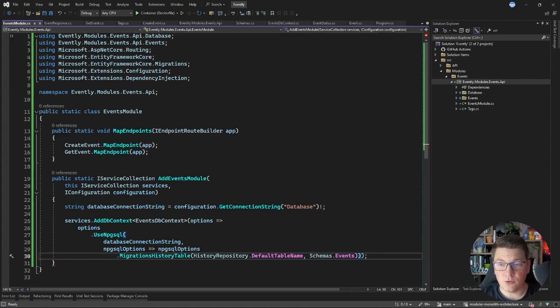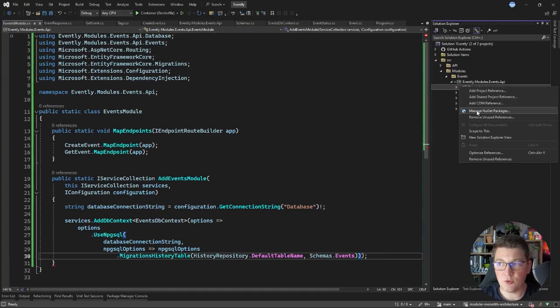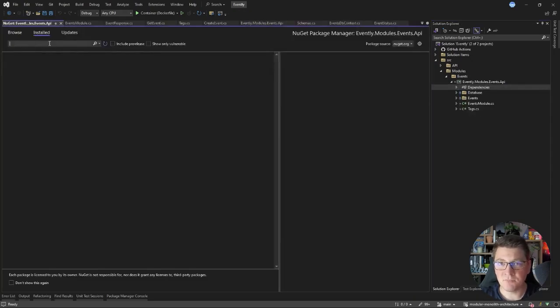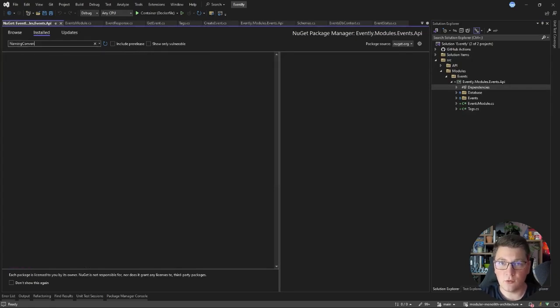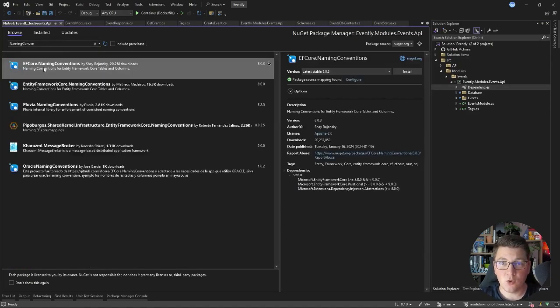One more thing I like to configure, and this is a personal preference, so you don't have to do it if you don't want to, is configuring the naming convention for my tables inside of a Postgres database. I like to use the snake case naming convention, and this isn't available out of the box with EF Core, so we have to look for another NuGet package, and I'll go ahead and install the EF Core naming conventions